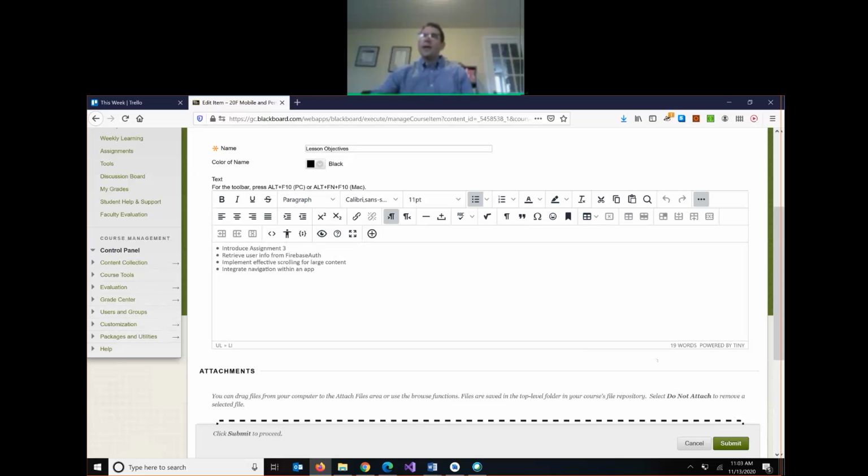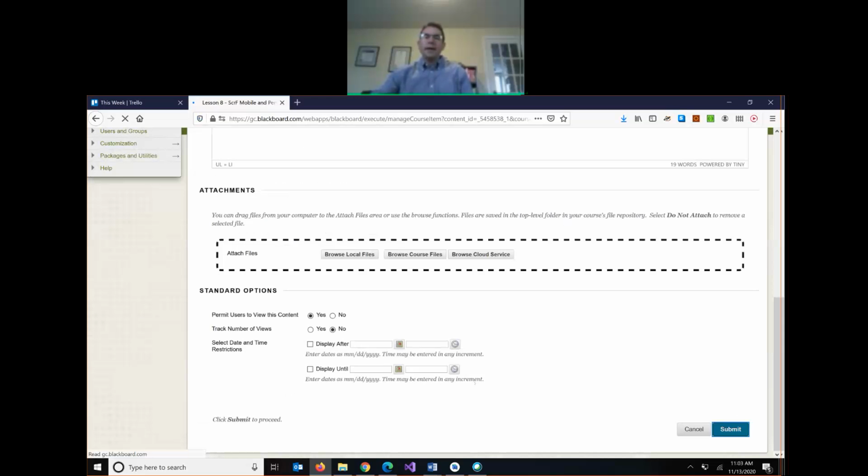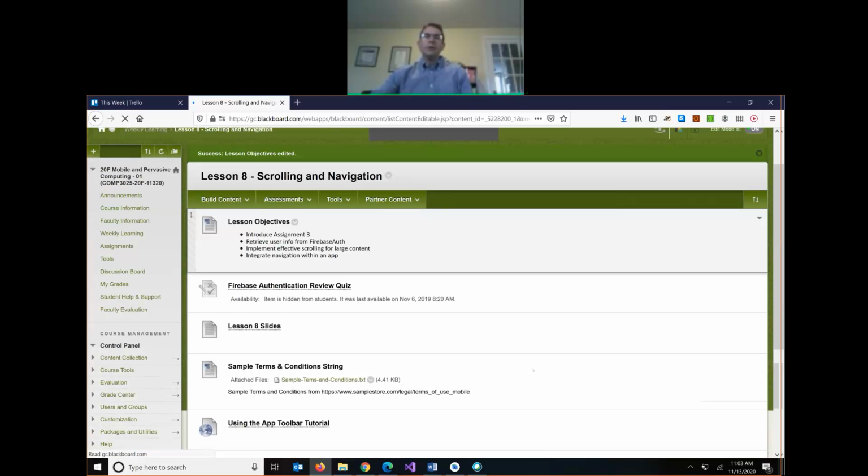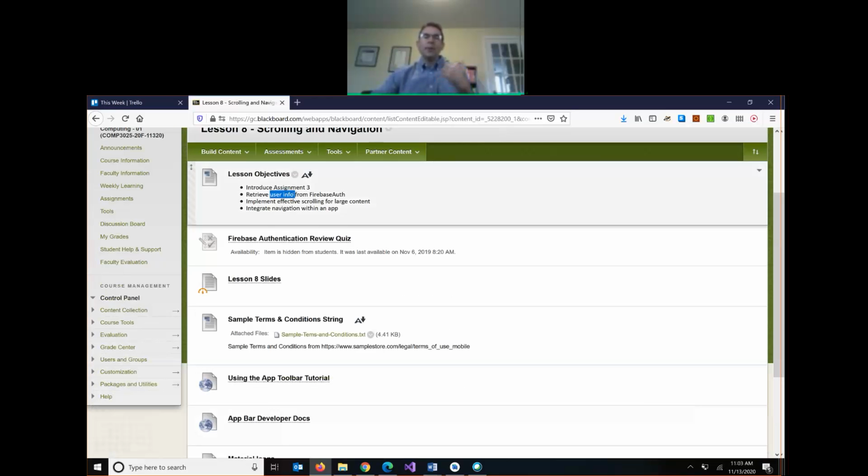Okay, so our plan, our agenda for today, we're going to go over assignment 3. We are going to look at how we access information about the current logged in user from FirebaseAuth. We want to look at implementing scrolling. So if we have a component where we can't show the whole component, how do we enable the user to scroll through that component? And lastly, we're going to integrate a toolbar, sort of a shared navigation bar that we can embed into all of our activities. We'll add some icons, so we're going to have this top app bar across the top of